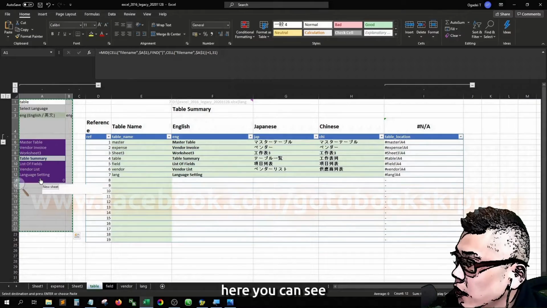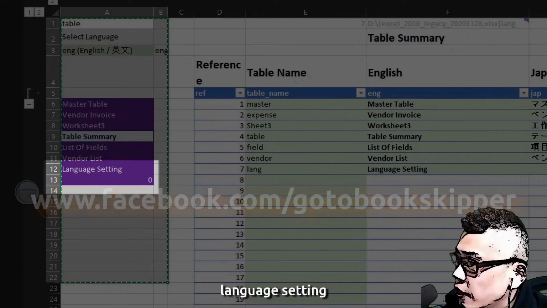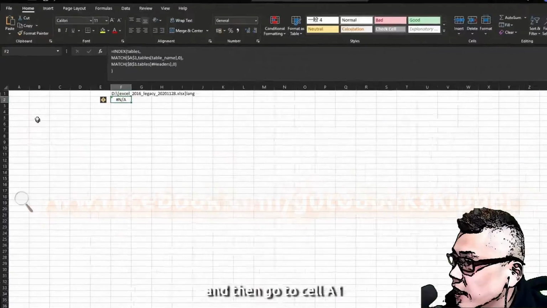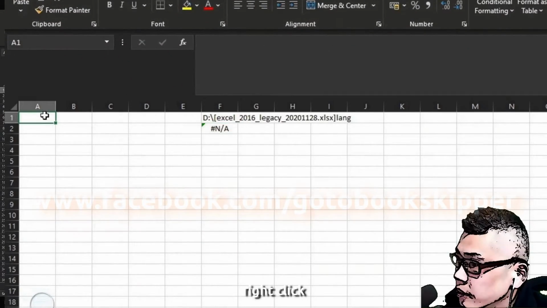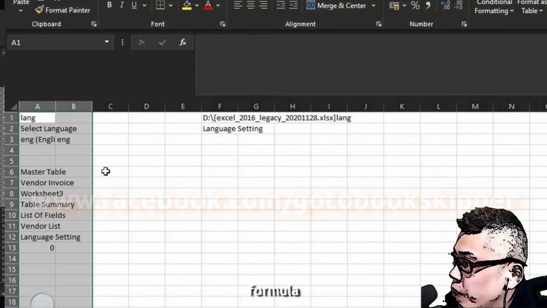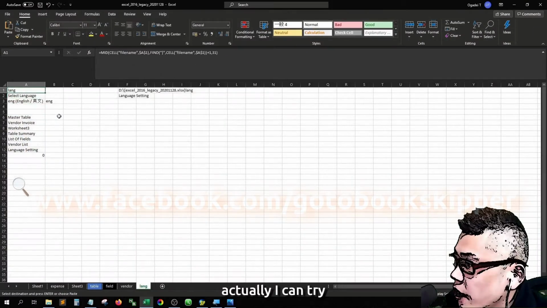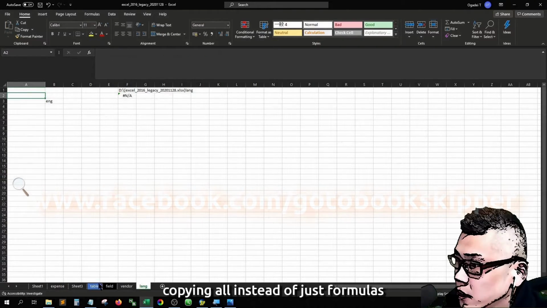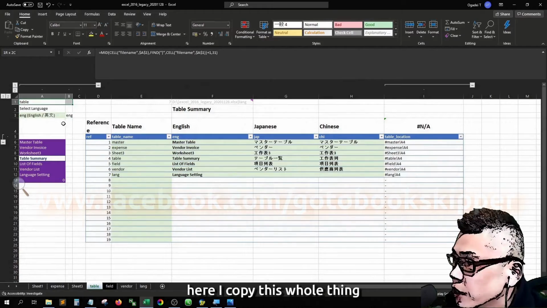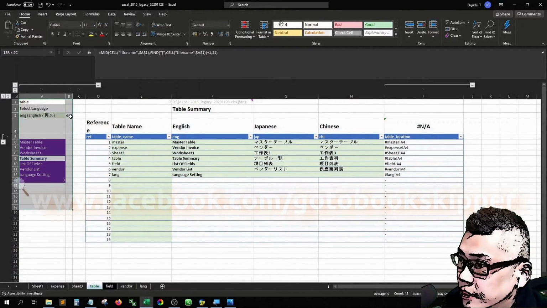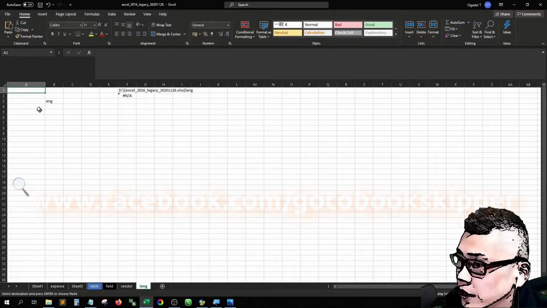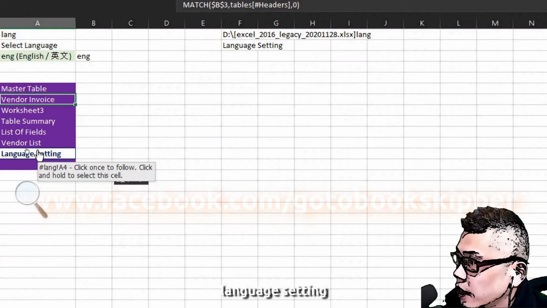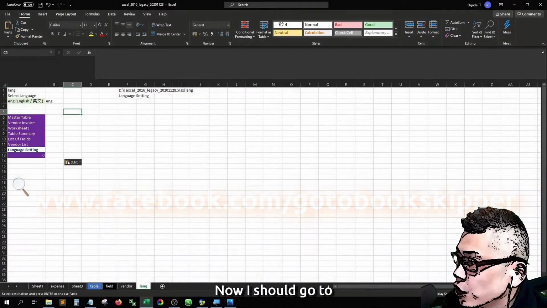Here you can see the language setting. Just get there first. And then go to cell A1. Right click. Formula. Actually, I can try copying all instead of just formulas. Here I copy this whole thing to the language, cell A1, and then Ctrl+V. It's much quicker. Language setting is automatically highlighted. Now I should go to